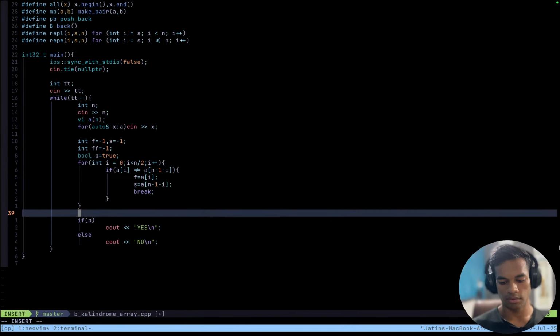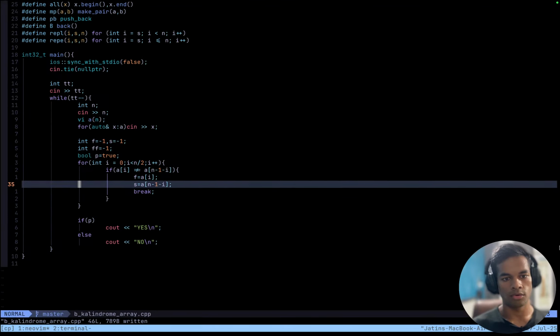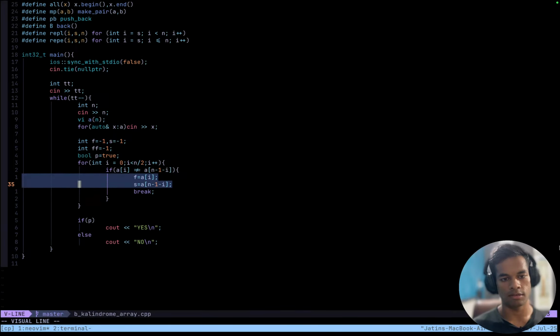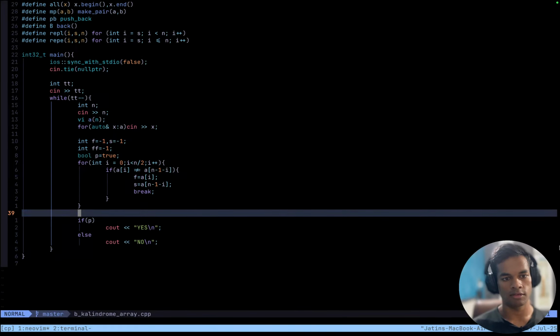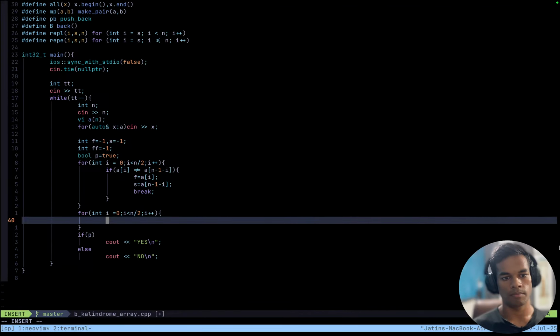And now I have to check if they are palindrome, if I do not have f and s in my array. So check for palindrome for int i equals 0, i less than n divided by 2, and i plus plus.